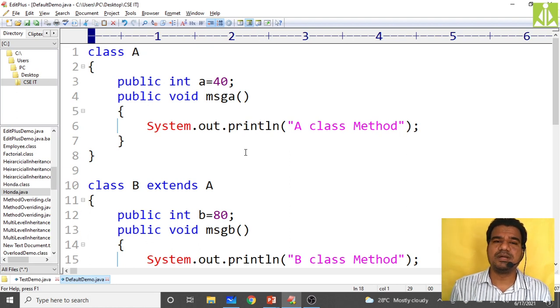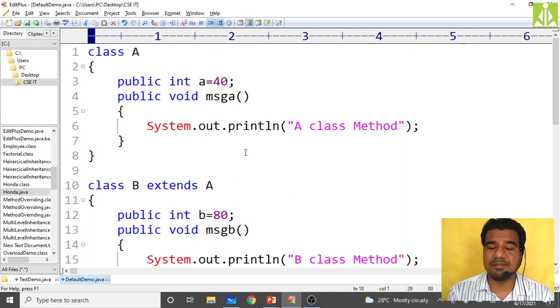What data members can the subclasses inherit? If the subclass is within the package, it can inherit all the public, protected, as well as default members of a class. When I say members of a class, those members can be fields, constructors, methods, or classes. So within the package, public, protected, default, your subclass can inherit.